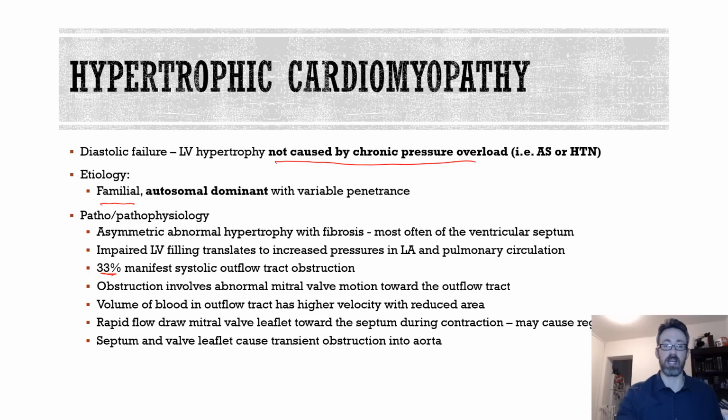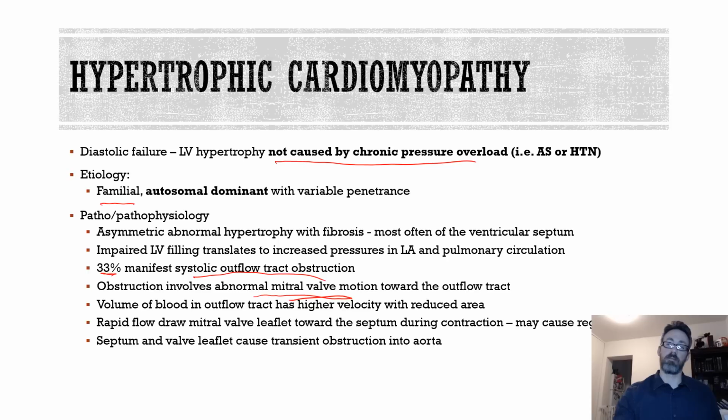this hypertrophy in the systolic outflow tract, meaning the outflow tract from the left ventricle into the aorta. You can have a thickened wall right there. So it creates kind of a stenosis as the blood is trying to leave the left ventricle. And so this obstruction involves an abnormal mitral valve motion. Basically, the mitral valve is very close to the outflow tract of the blood leaving the ventricle. And because of the anatomic proximity of these two,